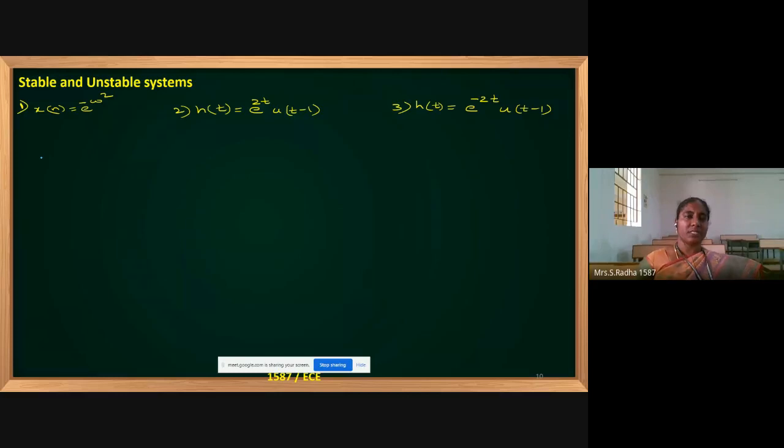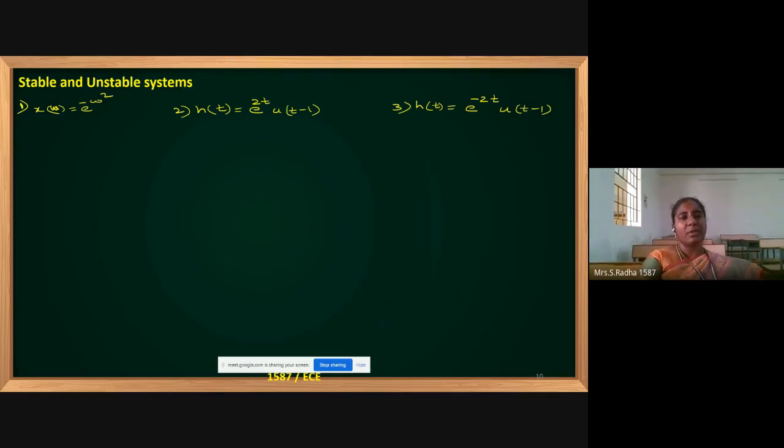Here, which is continuous time and which is discrete time, like that. If an n variable or frequency variable is there, I will take this as x of omega. I will take this as x of omega equal to e power minus omega square. So first of all, I have some basic details. After that, we will go to the problems.